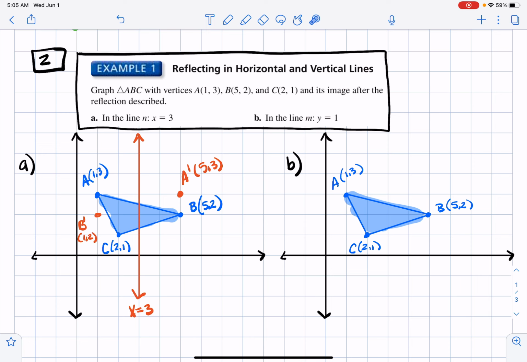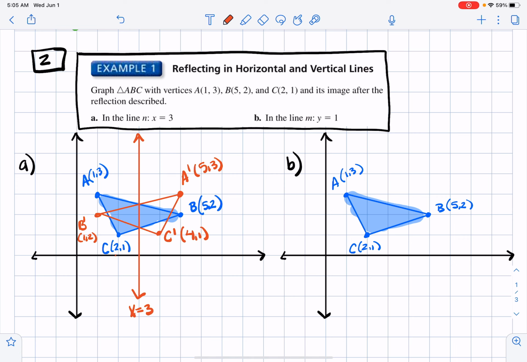And then same thing here. If I am 1 unit away from line x equals 3, then I'm going to be exactly 1 unit away on the other side as well, reflected over. So that point would be here, and that would be C prime, and that would be at the point (1, 4). So all I was really doing there is just counting the points up. And if I connect them, I'd have that guy,